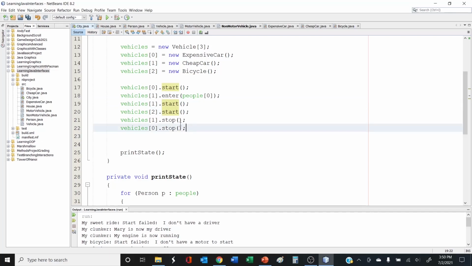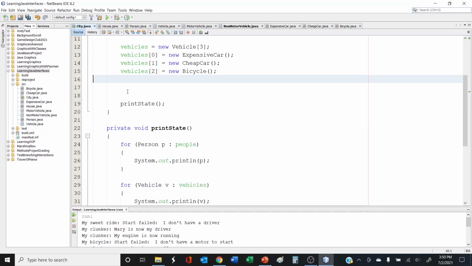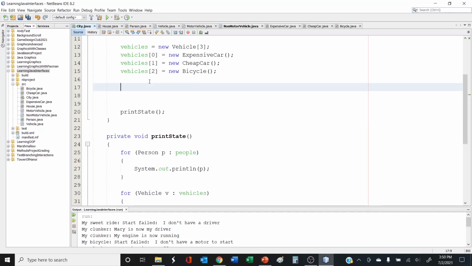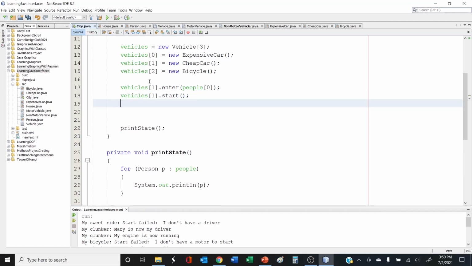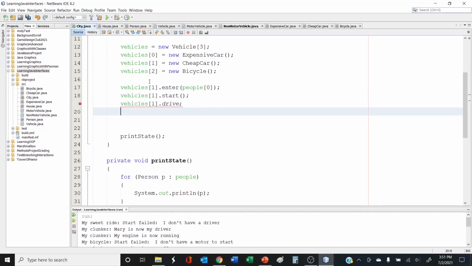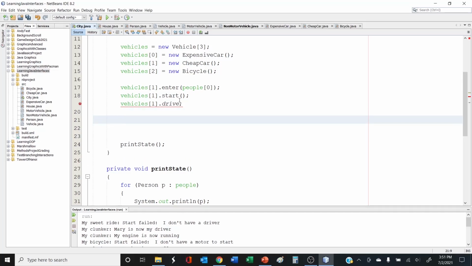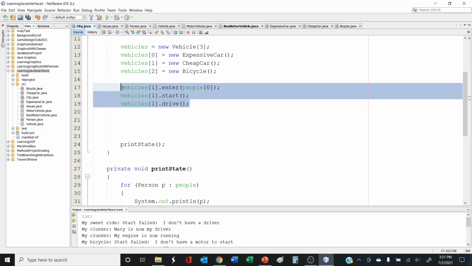So let's see, let's get rid of this. Let's start out by putting somebody in the clunker. All right, and the next thing we're going to do is start the car. Okay, and then we're going to drive the car. All right, and the next thing we're going to do is put, I forgot the parentheses. The next thing we're going to do is the same thing